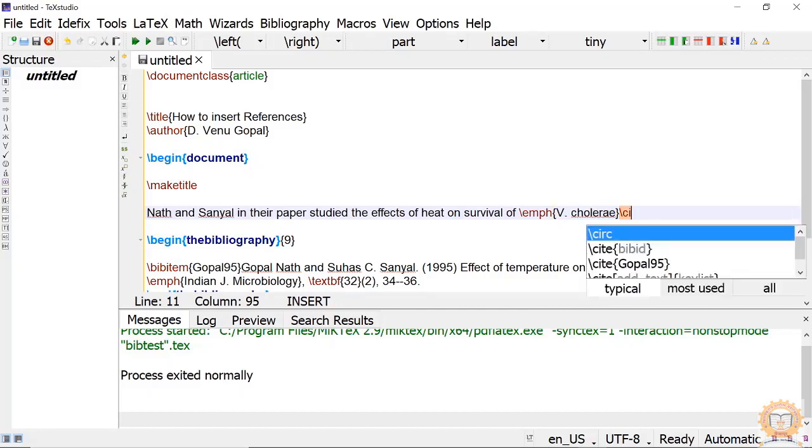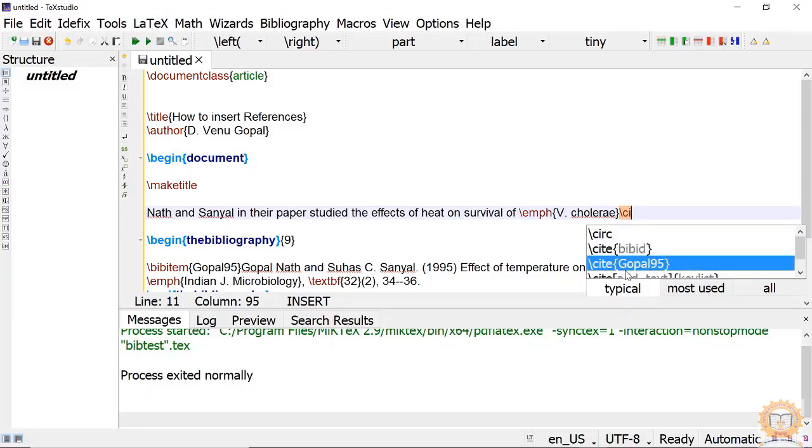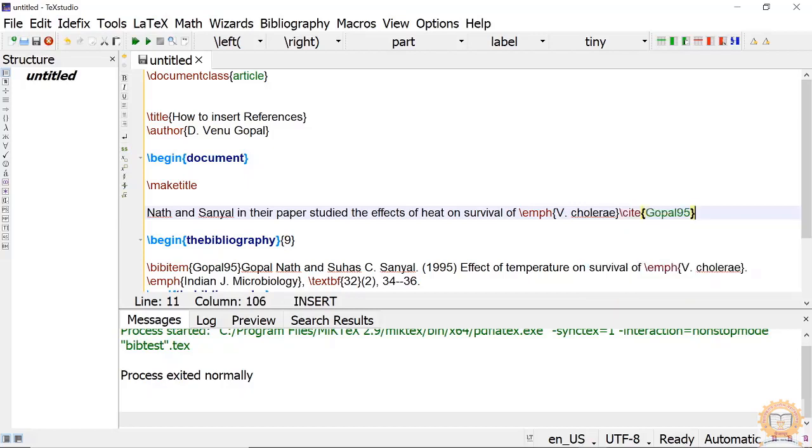See, because I am using TeXstudio, it is already giving the name of the cite key, because it already took it into its memory. If you use any other IDE, this facility will not be available to you. Okay?